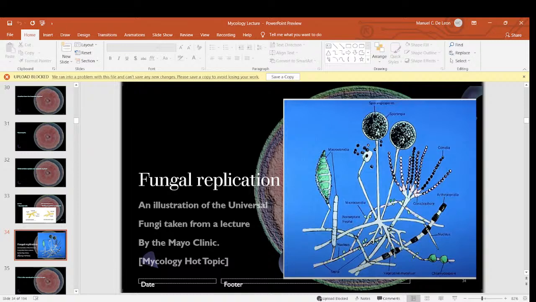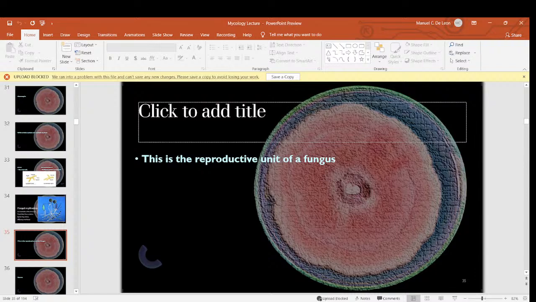Okay, so now that we've familiarized ourselves with the things that we're going to see, you need to be familiarized with the reproductive unit of a fungus. The reproductive unit of a fungus is known as what? Anybody in the chat or the voice chat? I'm going to put 15 seconds on the clock. If anybody can answer, that would be wonderful. Spores, spores, spores. A lot of people have been able to answer that. Oh yes, thank you so much for answering. Who was that? Reniel Christian. Thank you so much. Spores.